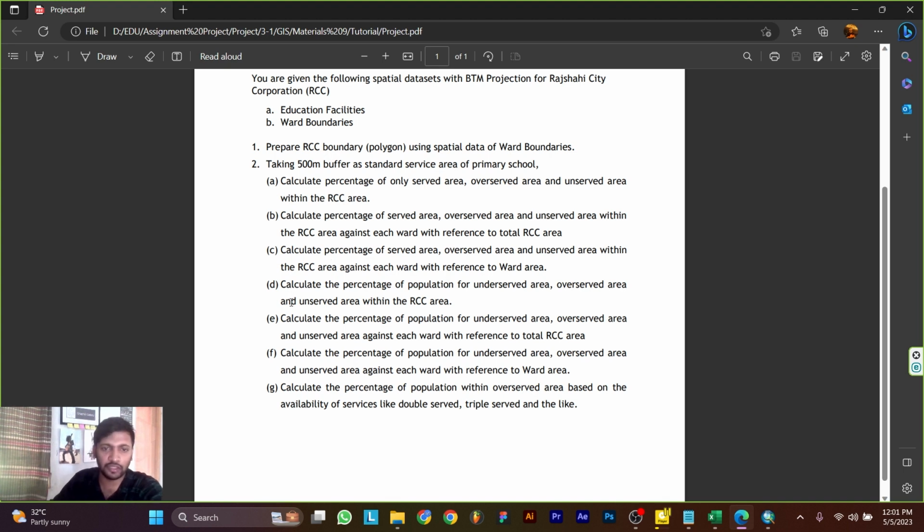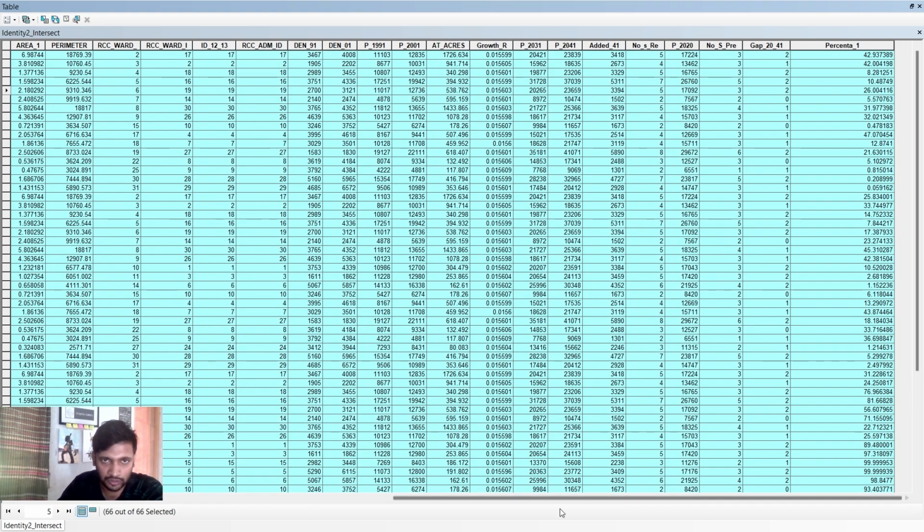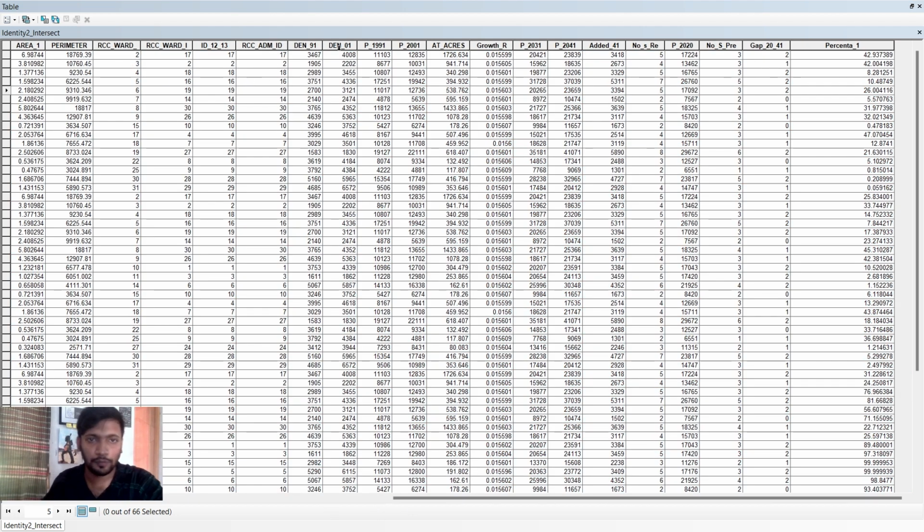Now our next question is to calculate the percentage of population for underserved area, overserved area and unserved area within the RCC area. So if we go to ArcMap once again and then go to the attribute table, here you can see there are some fields for the population for 1991, 2001, 2030 and 2031 and 2041, and another one is for 2020, and there are some densities also. In this case I will find out another density for 2020 because I don't know the unit of these densities here. So we are going to add another field for density,